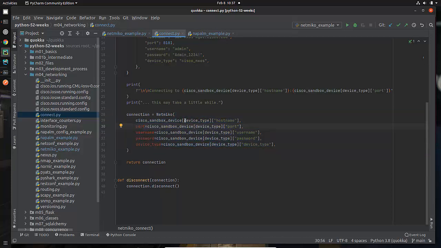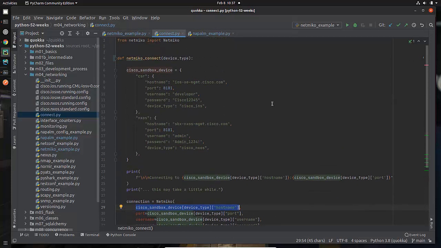What am I passing in? Well, if you were to just look here, you could in general say, well, I think you're passing in the host name, the port, the username, the password, and the device type, and the answer would be, yep, that's exactly what I'm doing. You want to go back a little bit, though, and figure out, all right, well, what is all of this? This is referencing my device type. So when I called in, I said, I want you to connect to a particular device type. In real grown-up functionality, you'd probably be passing in the device itself, but because I'm just doing this for training purposes, I'm passing in